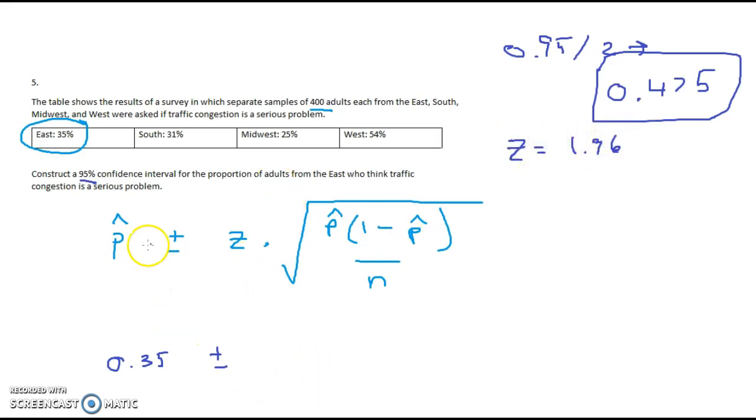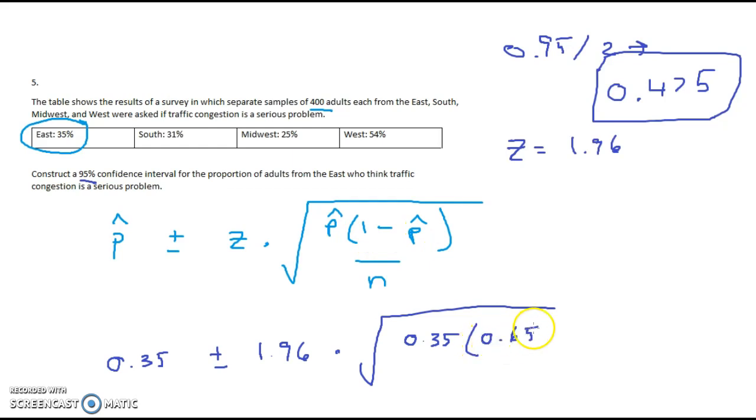Okay, so now we just plug everything in. Here we go. 1.96 times the square root of the percentage of people that said yes times the percentage that said no, so that'd be 0.35 said yes. The percentage that said no, or 1 minus 0.35, is going to be 0.65, right? And then that divided by the number of people sampled, which was 400. And there we have it. And you just solve for this, right? You can plug this into your calculator. I did it ahead of time, and all of this works out to be